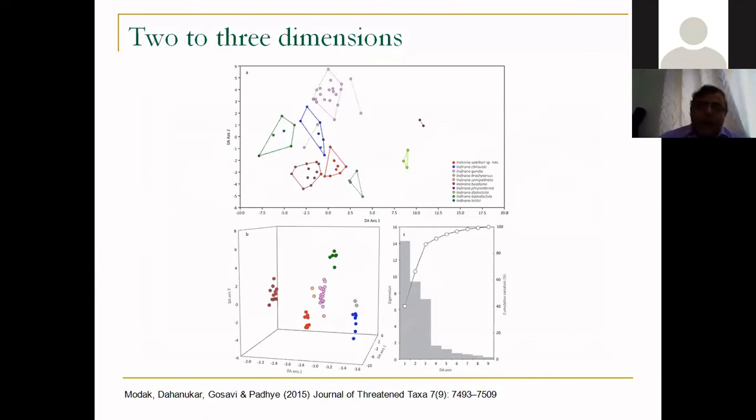Now, obviously, it is possible that your first 2 axes may not be enough to show your data. So this is a nice example where we have shown that in this group of frogs, if you plot the data in 2 axes, you might feel that some organisms are overlapping. But if you look at the scree plot, you can see that the first, second, and third discriminant axes are better to explain the data. So 4th onwards, the variation explained is very, very small. So the first three are more important. So you can plot the data in 3 dimensions, and now you can see that they are well separated. So all different groups are very well separated.